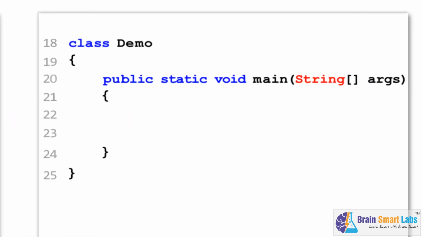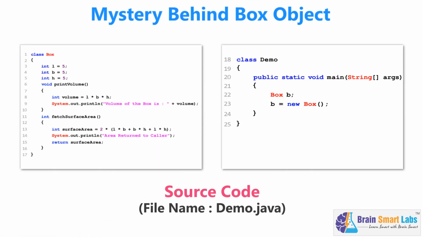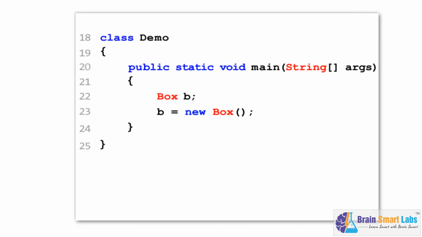Now inside our class demo, if we type the code box b and b equal to new box in line number 22 and 23, we are ready to create our first box object. But remember, as we have altered the source code, as a general practice we have to compile the code one more time to regenerate the bytecode for our program. Now it is time to run the code by pressing Ctrl 2. The program control will now start executing our main method starting from line number 20.